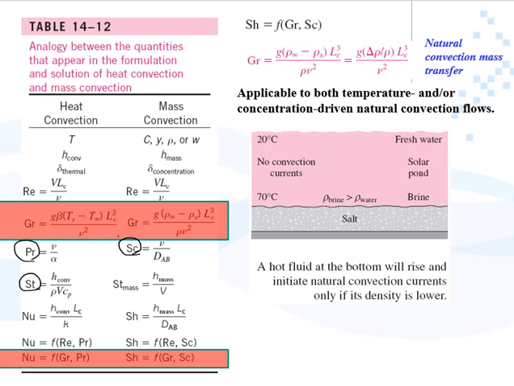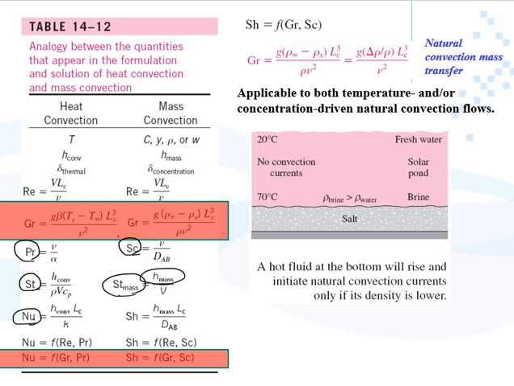We said that we have two Stanton numbers, Stanton for heat transfer, Stanton for mass transfer. H convection or convection heat transfer coefficient, and here is mass convection coefficient. We said that Nusselt is another